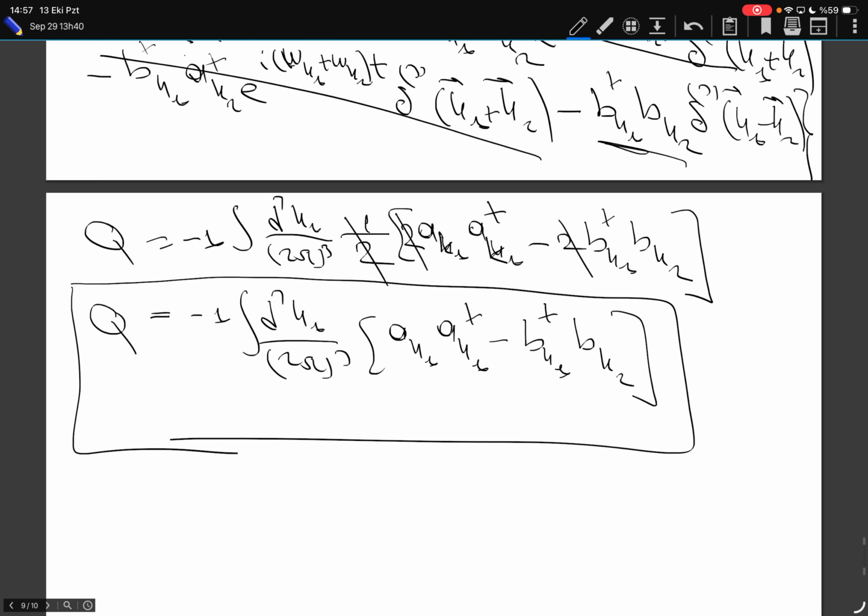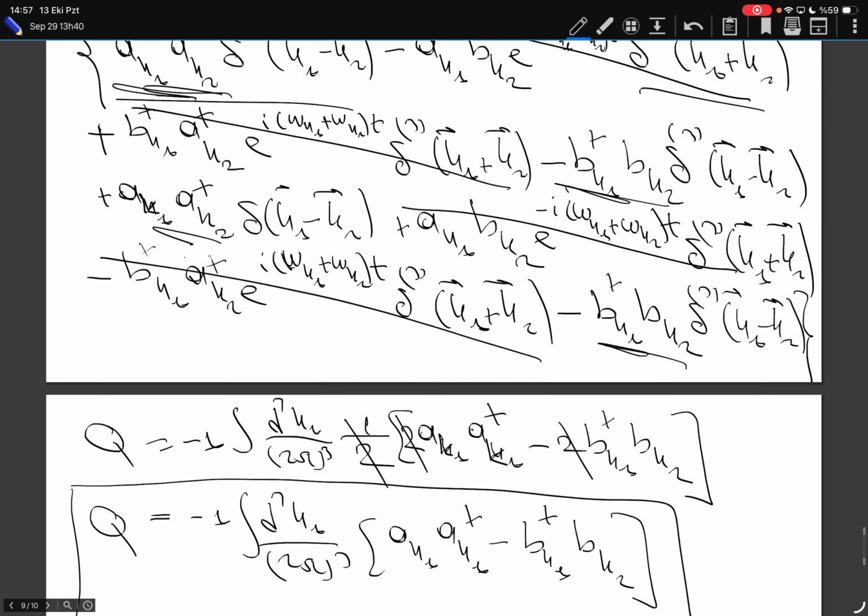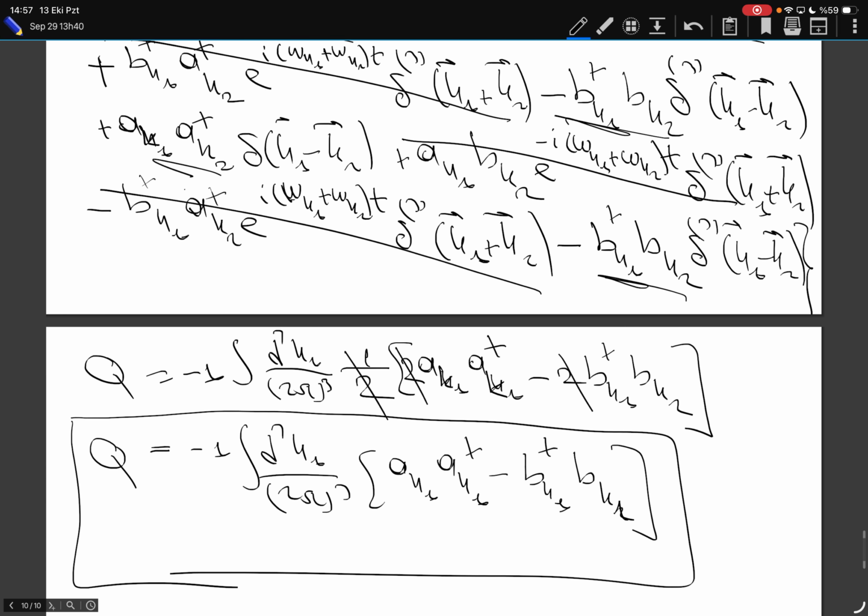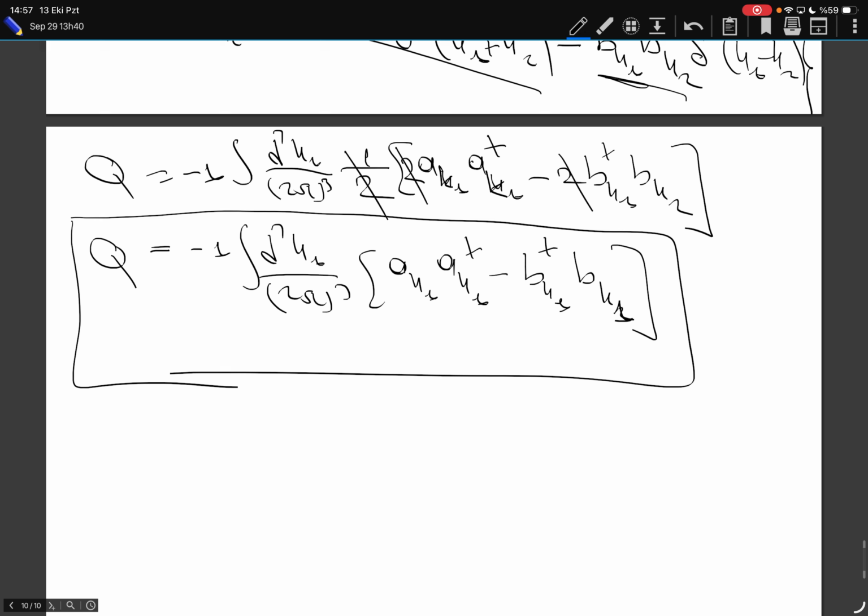Integrated it over the k1, which is a k1. What's that k1 supposed to say? Momentum, but that means that it doesn't depend on k. Yes, I'm integrating over k. That means it doesn't depend on k anymore. No, we did. The k1. Yes. At the end, k2 is equal to k1. So far, the only thing we know about these a's and b's is their commutation. So, do we need to know any further? Not really, to make sense of what Q really is? No, in a moment. Let me write this as,